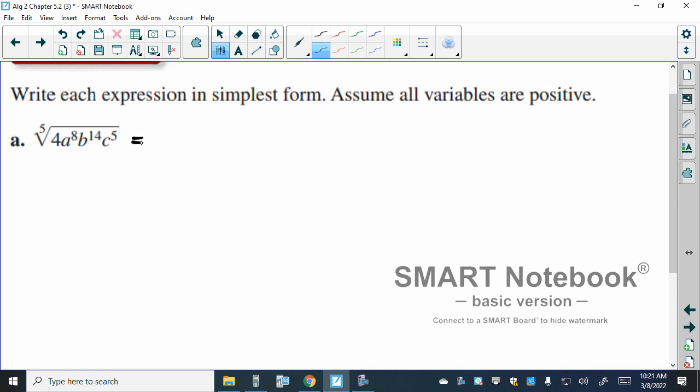So we could rewrite this as fractional exponent. So we can say 4 to the 1/5. Well, since it doesn't have an exponent attached to the 4, it's going to be 1. Now, we could have rewritten this as 2 squared, but for it to be able to reduce, I would need the numerator and denominator to have something in common, or it to be greater than 5, which it won't. Now, A would be to the 8/5. B is to the 14/5, and C is to the